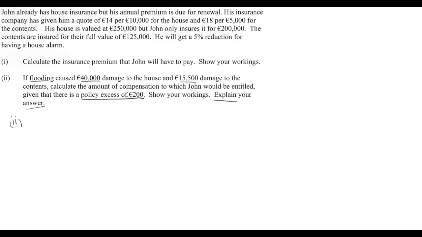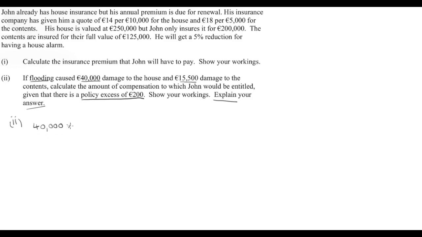It means that the first 200 euros you pay. Essentially, we will be subtracting this from the amount of money that John gets back. We have to show our workings as before, and we have to explain our answer. So we have to explain why John's not going to get the full amount for the house insurance. We'll look at that first. Now, John underinsured his house, and he will not get the 40,000, so we have to figure out what they will give him. So we take 40,000,